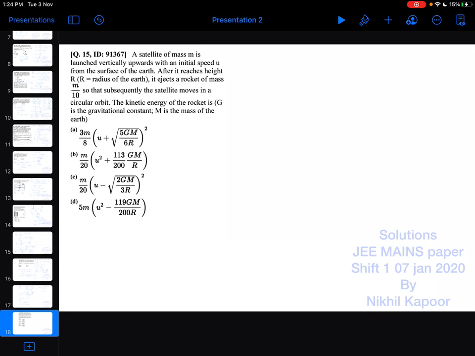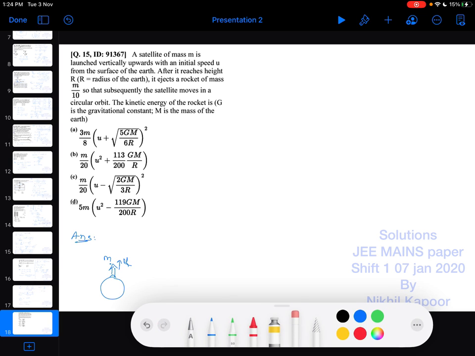So let's start with the 15th example. What is said here? A satellite of mass m is launched vertically up with initial velocity u from the surface of Earth. So that's the surface of Earth, and a satellite of mass m is launched with velocity u from the surface of Earth. Okay, so that's the velocity u with which it is being launched,